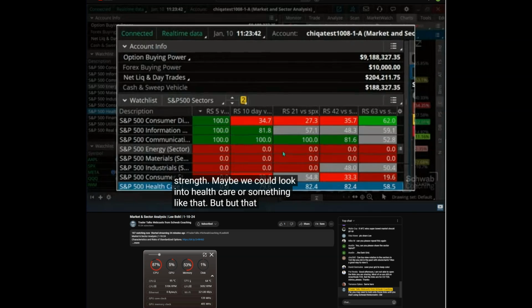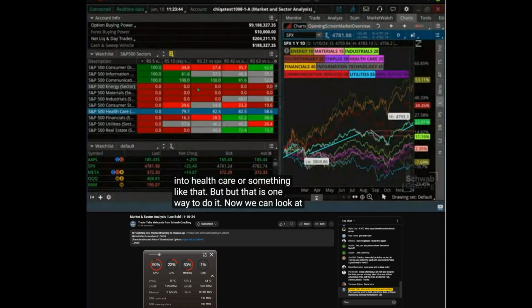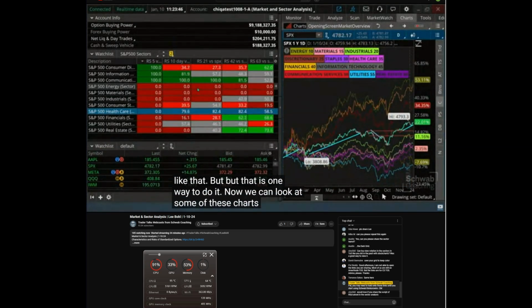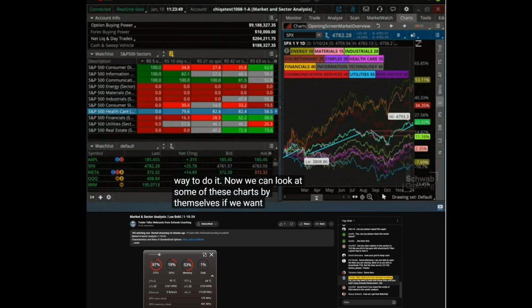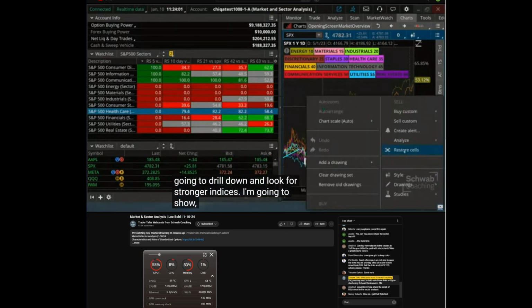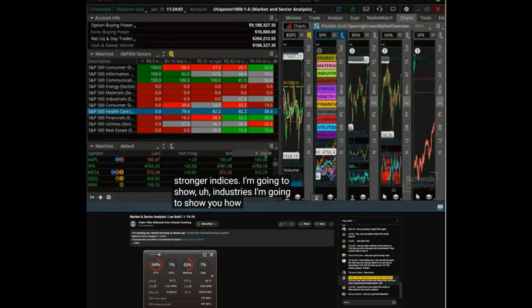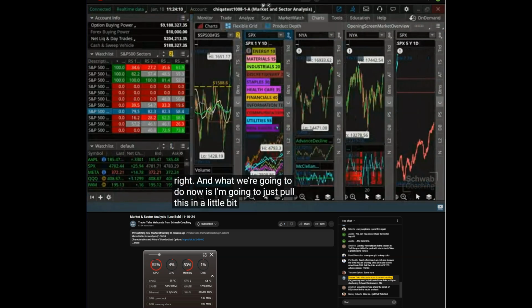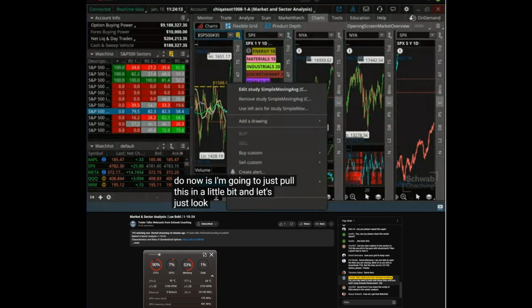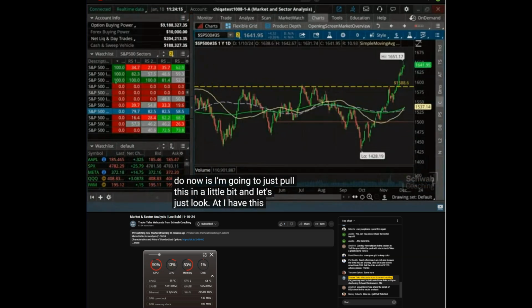Now, we can look at some of these charts by themselves if we want. So let's look at healthcare and the 3 strong ones, their actual charts, and then we're going to drill down and look for stronger industries. I'm going to show you how to do that too. Okay, so let's put this back. I'm going to pull this in a little bit. I have this linked to this chart, so we'll make this one big again, and then let's look at